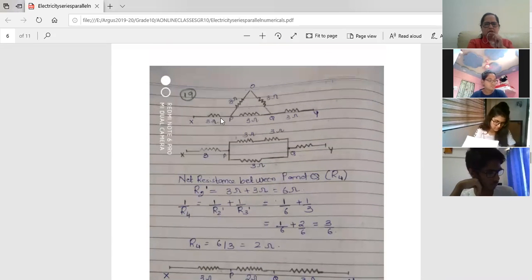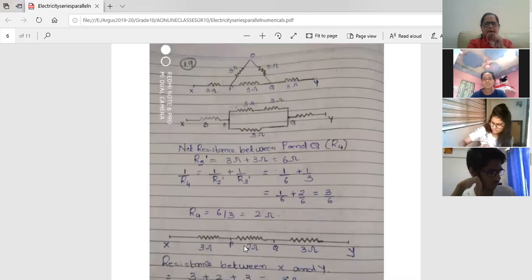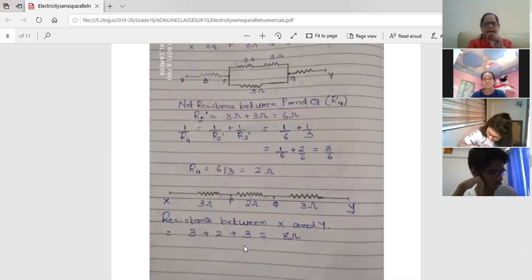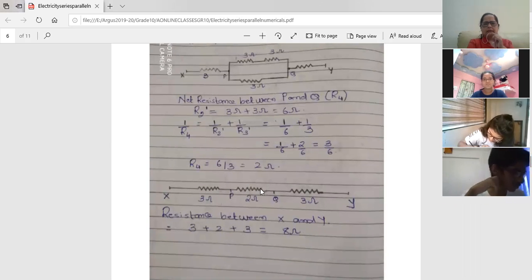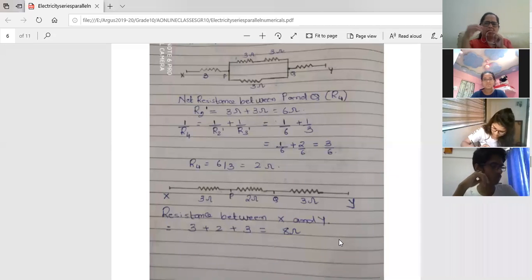See here, right? And on both the sides of the triangle, you have got 3 ohms and 3 ohms. Can you see this triangle, Shrushti? This is 3 ohms and this is also 3 ohms. And what did I do with the triangle? I simplified the triangle and I got the net resistance of the triangle as 2 ohms. Now all 3 are in series, because the net resistance of the triangle has been simplified. So now if I want to find the resistance between X and Y, all I have to do is add all the 3 resistors. So 3 plus 2 plus 3, so I will get 8 ohms.